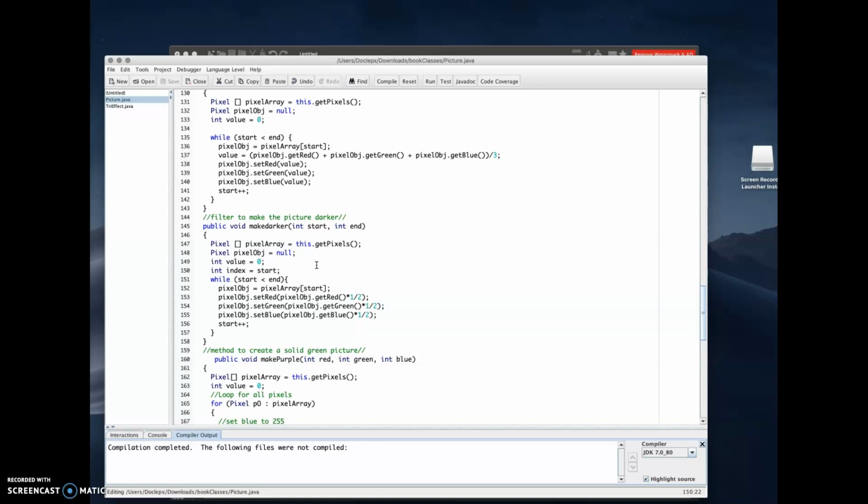The first thing that we're going to do in the method is initialize the primitive variables, which we have: pixel array equals this dot get pixels, pixel obj equals null. Pixel obj is just what I used for that. And what it's going to do is put a pixel into the simple part of the array,